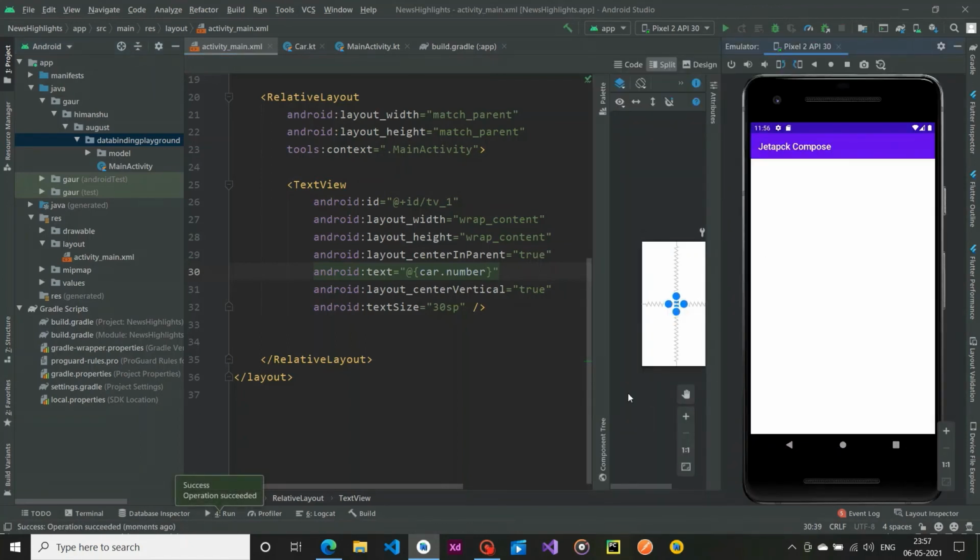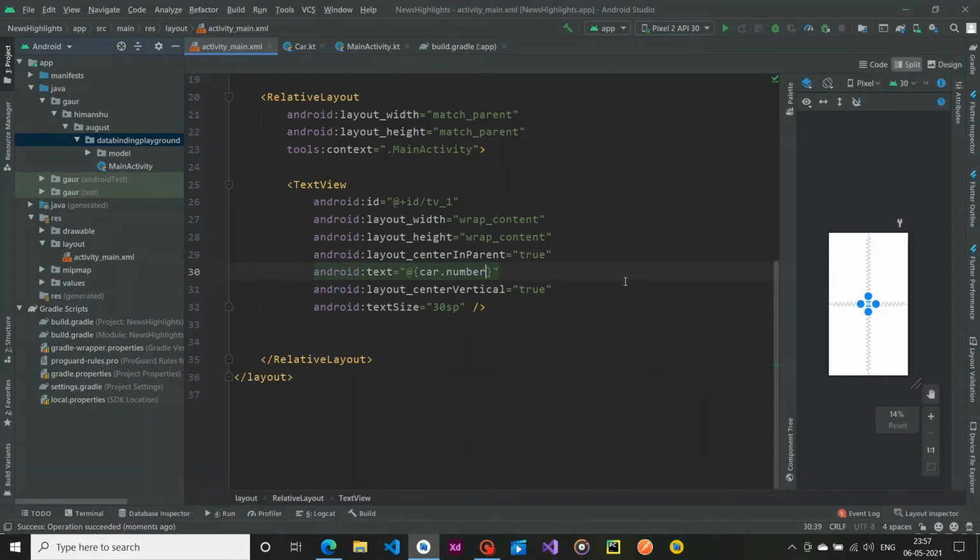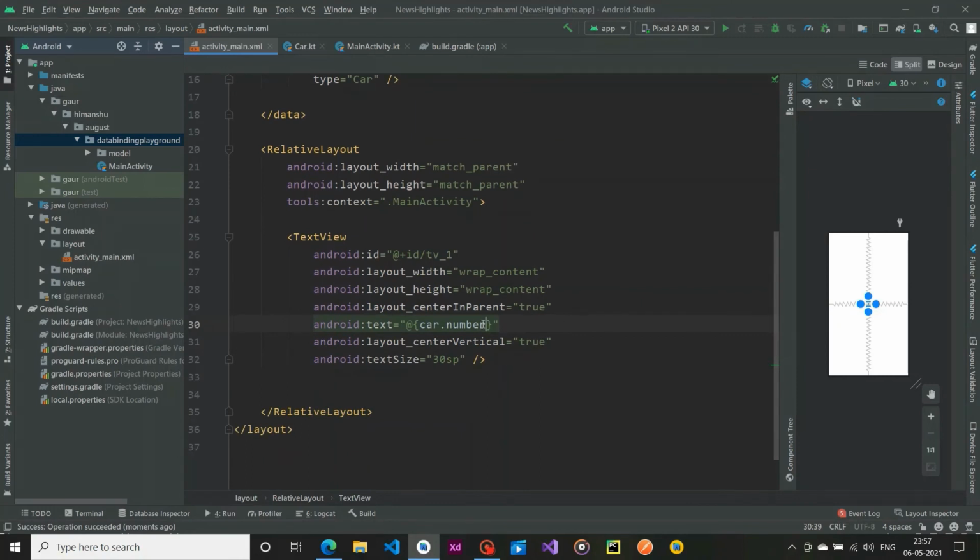All right, so our application crashed successfully. Yes, it is successful, because I did this in order to show you the difference. So basically this car dot number is of integer type. All right, so we can't set an integer type in our text view.